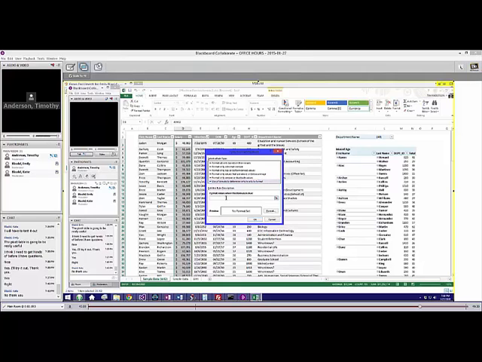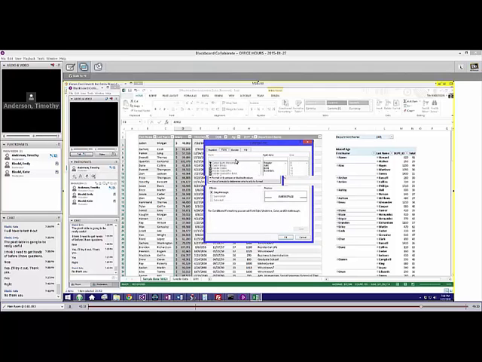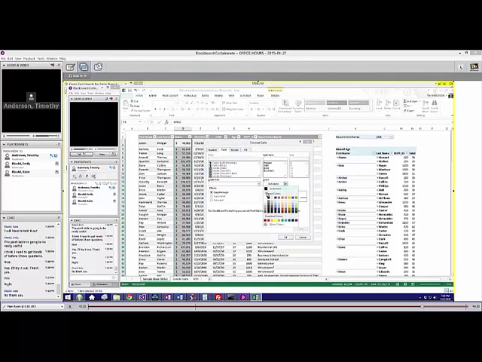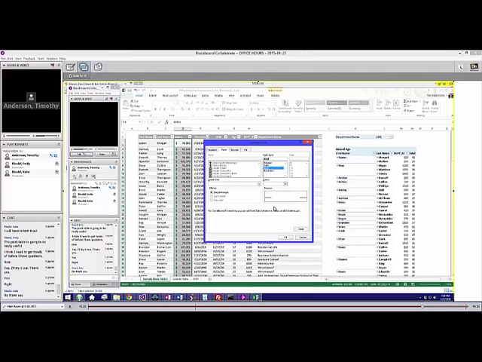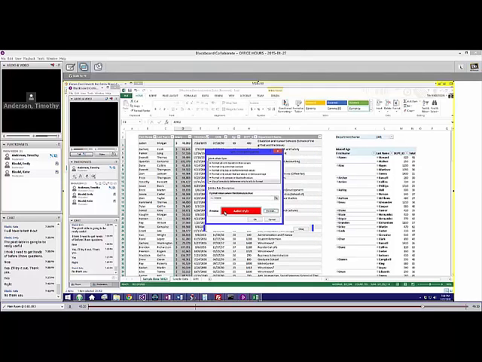So if I say equals greater than 100,000, I can set a format where I do a fill. Let's do a red. I'm going to do a white font and let's do bold. Okay, so if the condition becomes true, it puts it with a red background with white lettering on it.